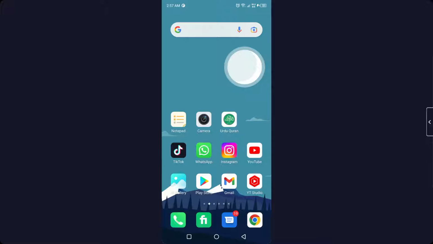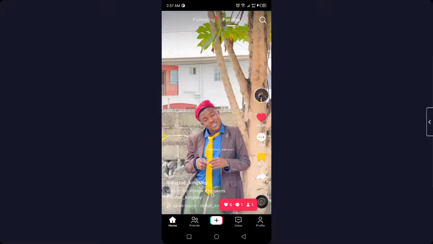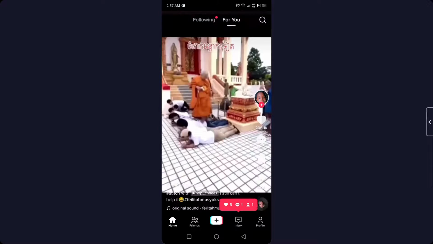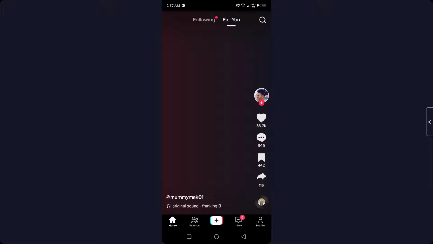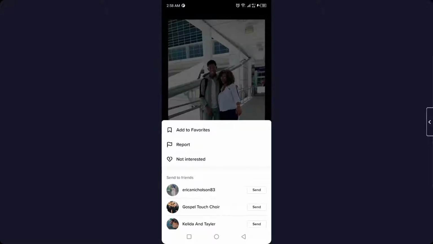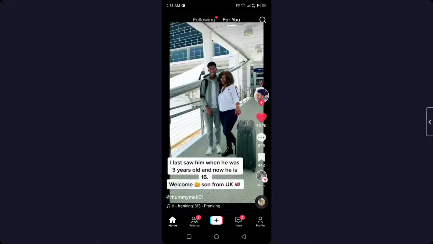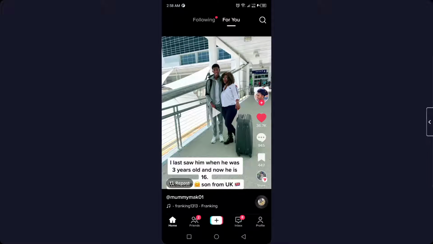So the first step you need to do is to open TikTok. Once you open TikTok, here you can see different videos. So let me select a random video, okay, and you need to hold a video, and after that you click on not interested. So before clicking on not interested, you simply need to click on the heart on the